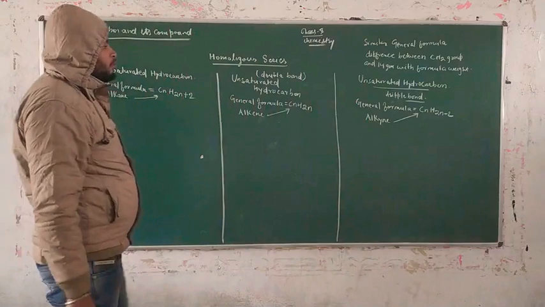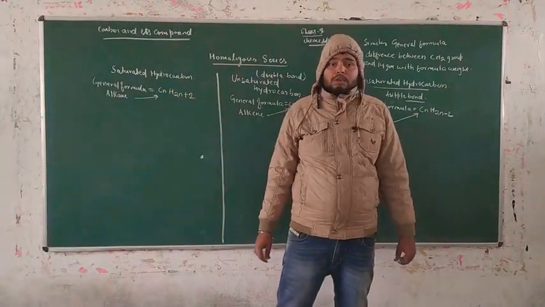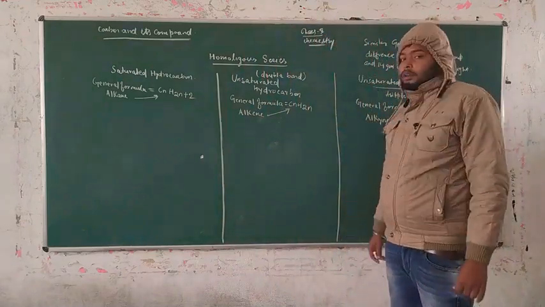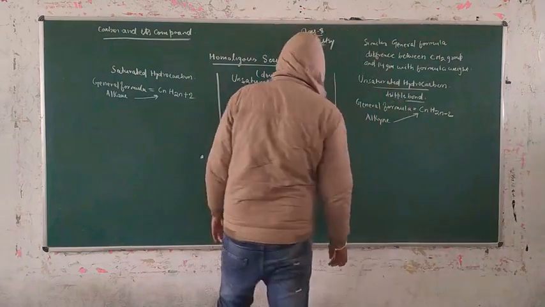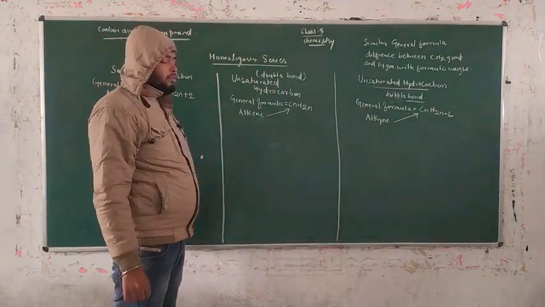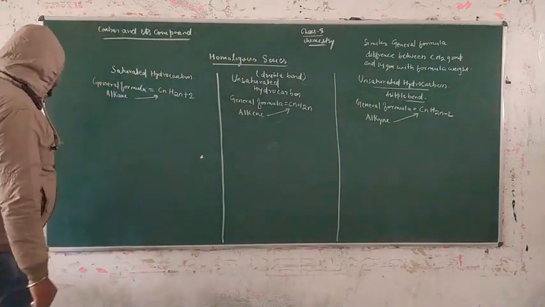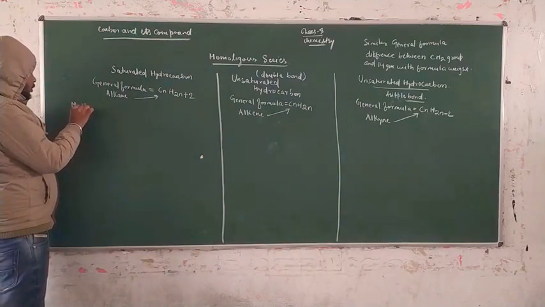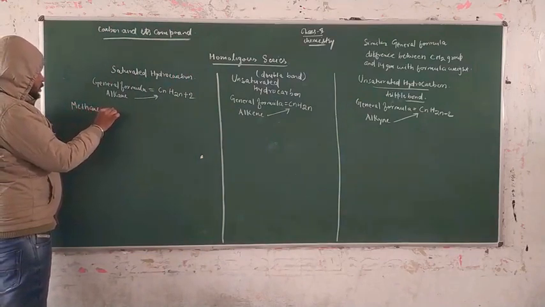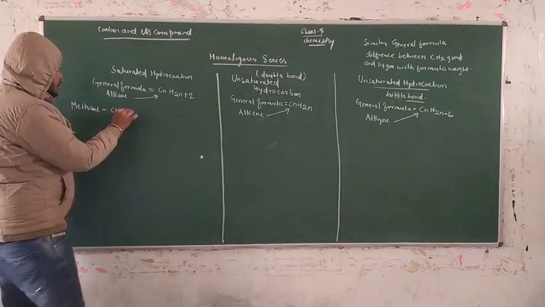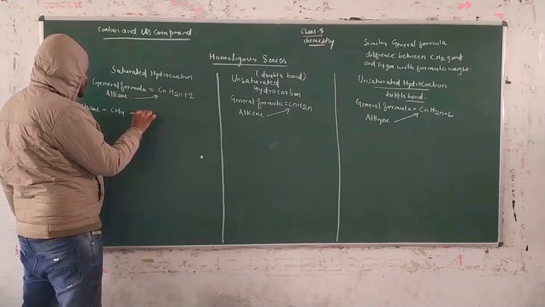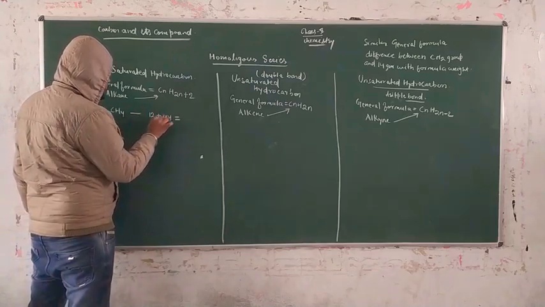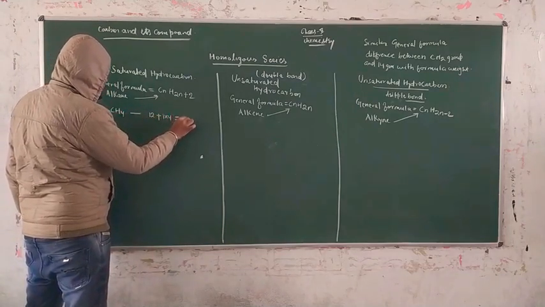Now we have to configure the complete homologous family of alkane, the complete homologous family of alkene, and the complete homologous family of alkyne. Guys, we have to prepare the first term, that is methane, CH4. Its atomic mass, that means formula weight, is 12 plus 1 into 4, which is equal to 12 plus 4, that is 16 gram.